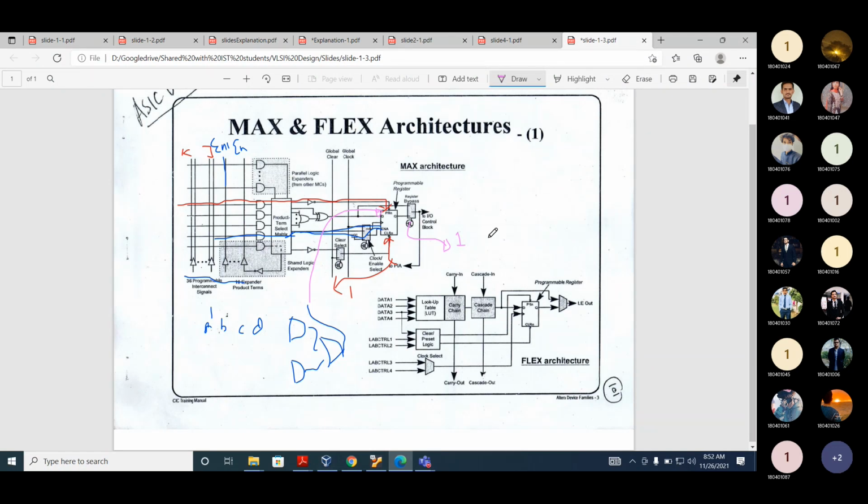Okay, now this is one example. Now let's assume the function is combinational. If the function is combinational, you don't need this preset logic or this clear logic, because the flip-flop will be bypassed. When the flip-flop is bypassed, every signal will be ignored. You can directly implement the function from the product and select, and it's very simple.